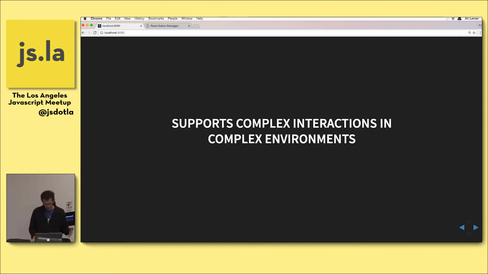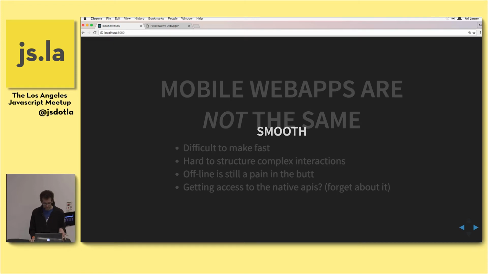So another reason why I think that we use native apps and we prefer them over web apps is because we have complex interactions that we don't necessarily have with web apps, right? Do you guys have the Amazon app? When you tap on check out, and then you slide over and that confirms your purchase. In a web app, that would be really complex to do. We also expect them to be smooth,